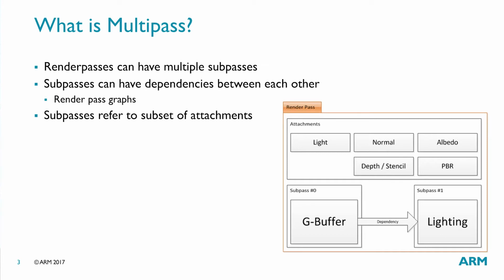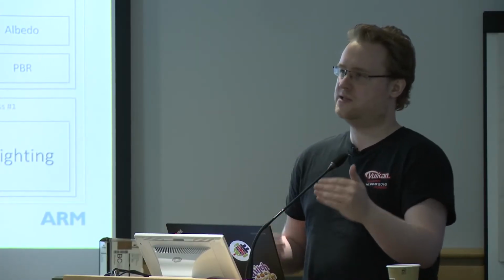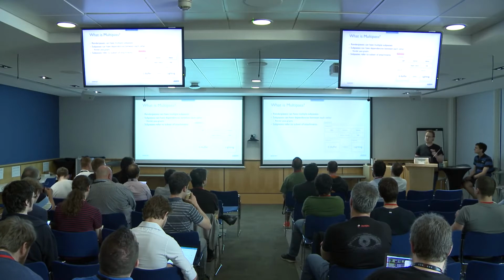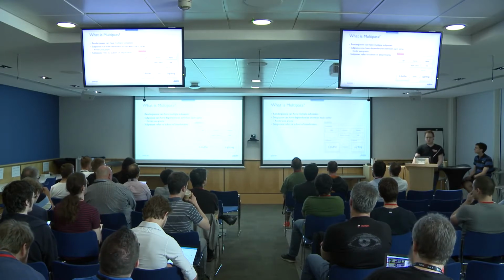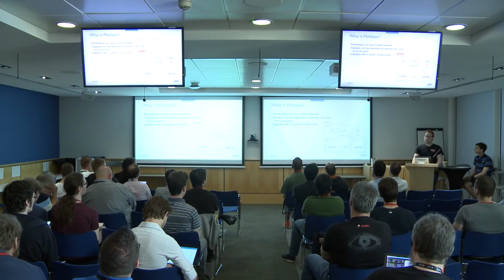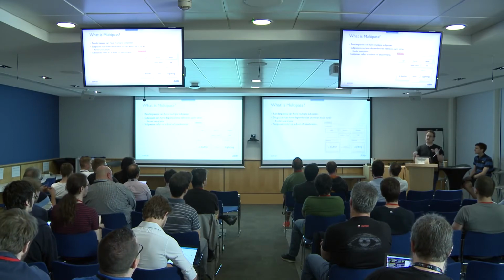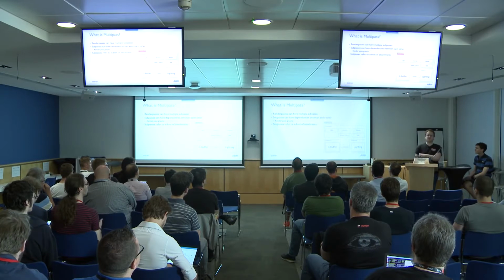So first, what Multipass is: in Vulkan you have the concept of a render pass. You need to explicitly say up front you're beginning a render pass and you're ending a render pass. But there is a feature in Vulkan which allows you to split this up even more. It is possible to say you're starting a render pass, but we're going to have multiple sub-stages in this render